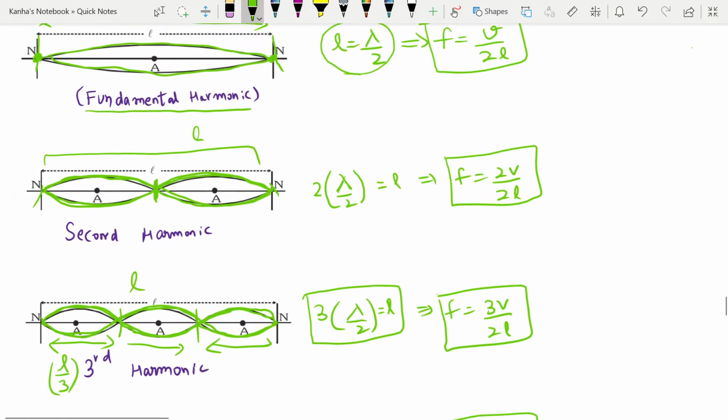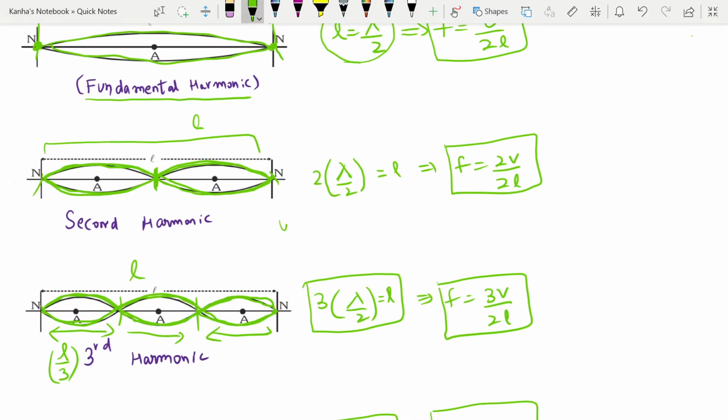If you're given a wave, let's say your incident wave is given of some form, a sine something something, then for rigid ends you should remember the previous equation that we read about, so you can easily find what will be the reflected one as well. In the reflected one you will have a minus sign associated with the same wave function.